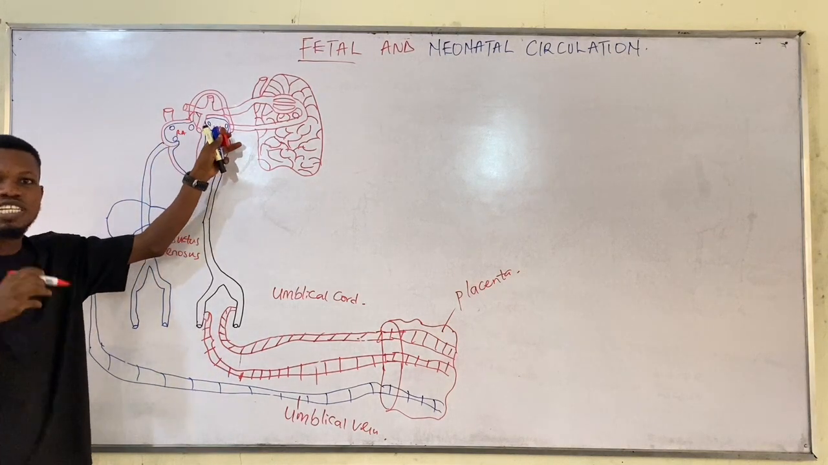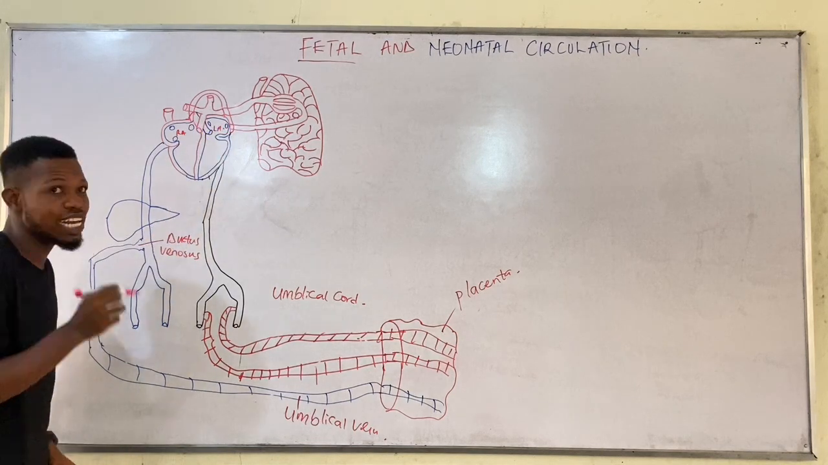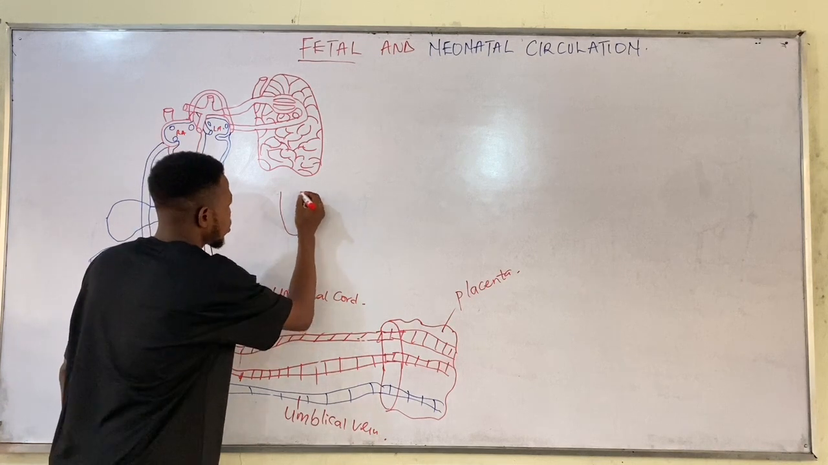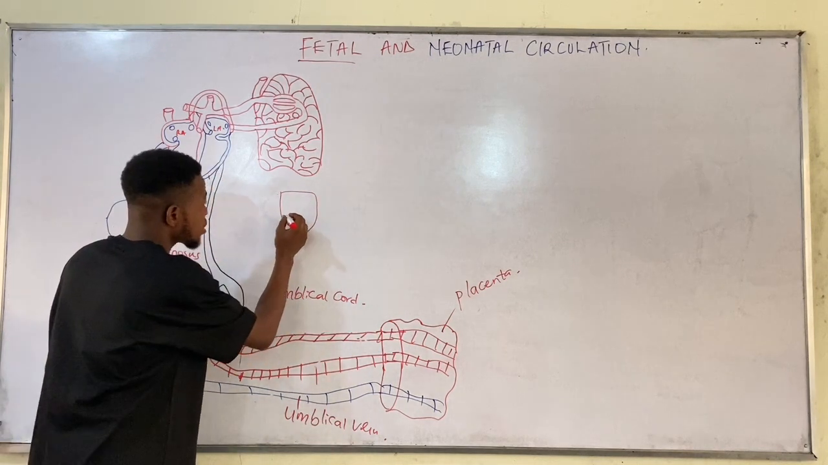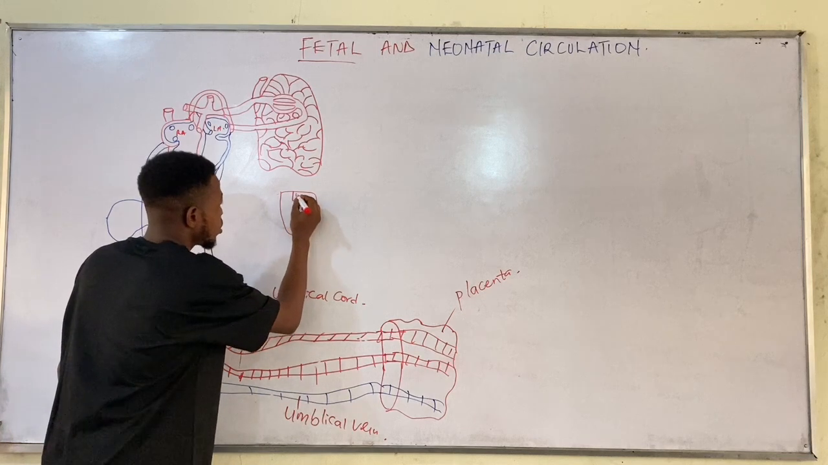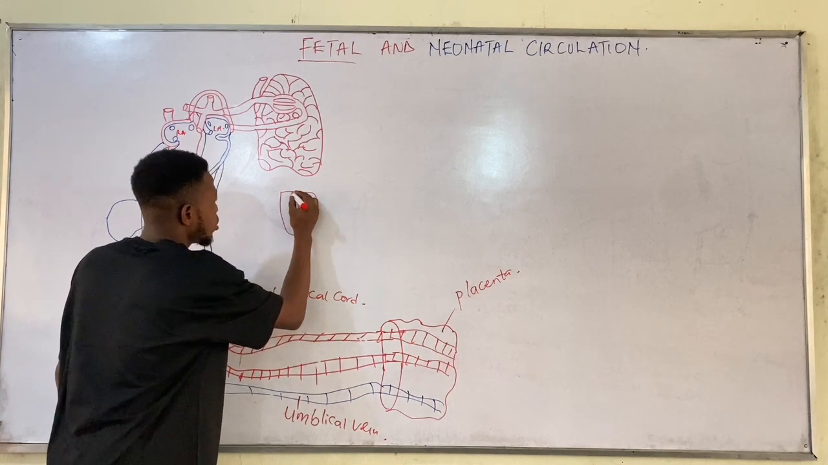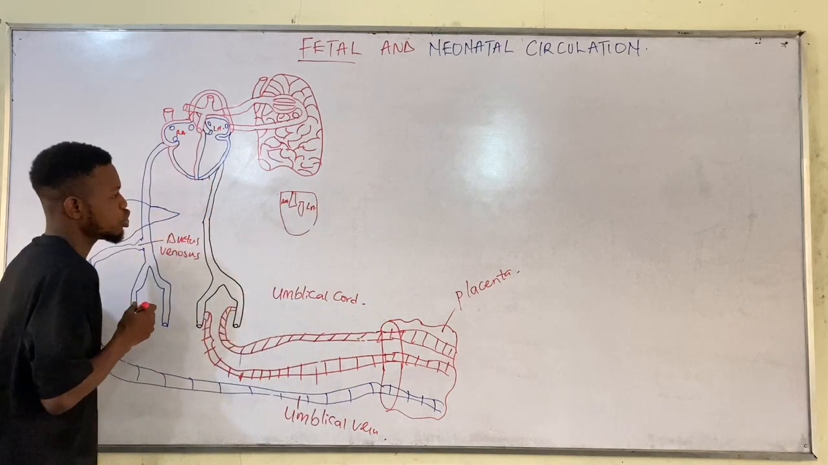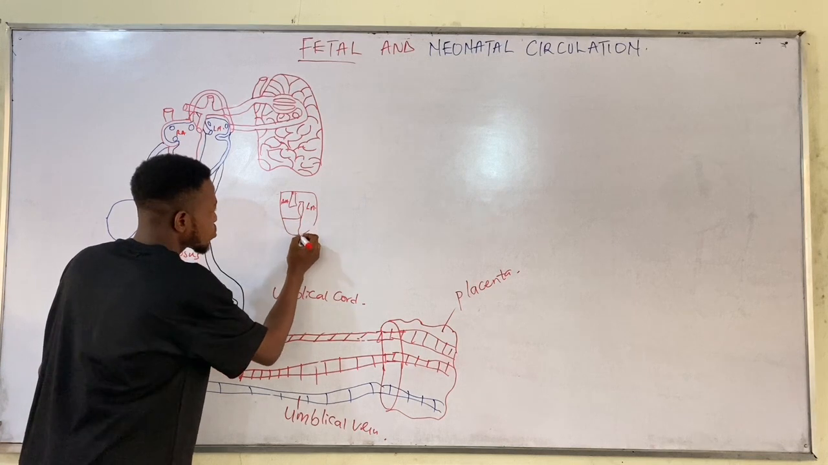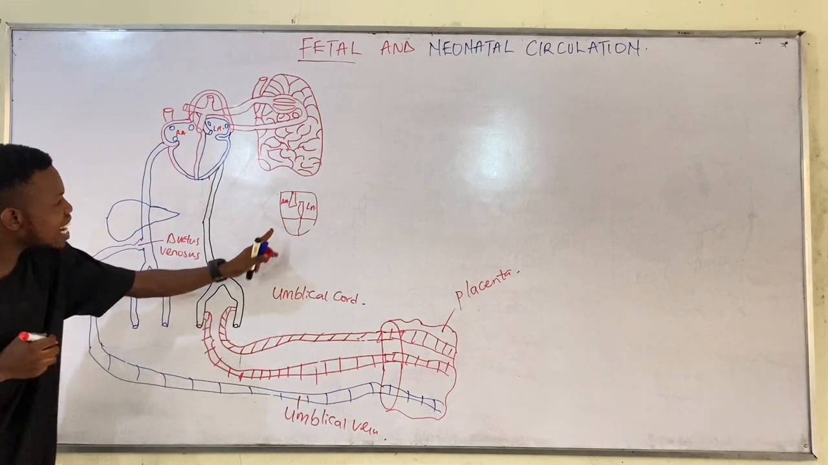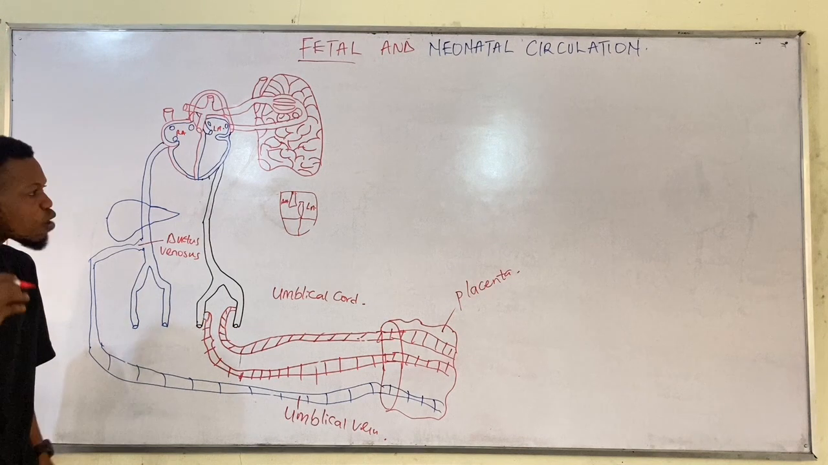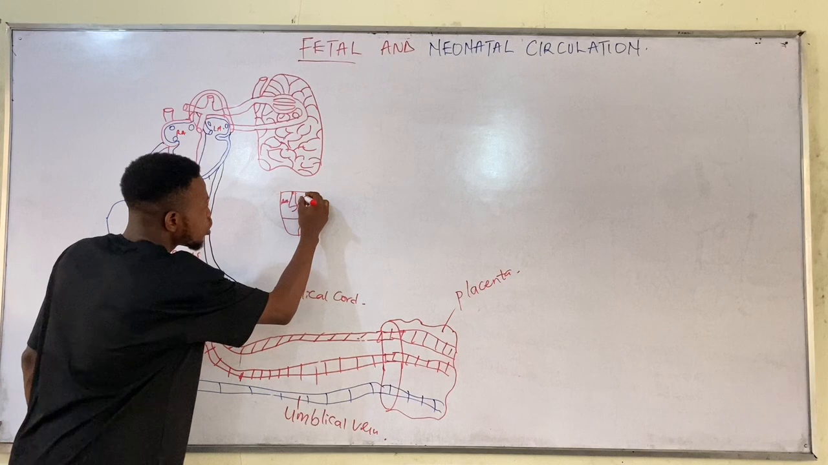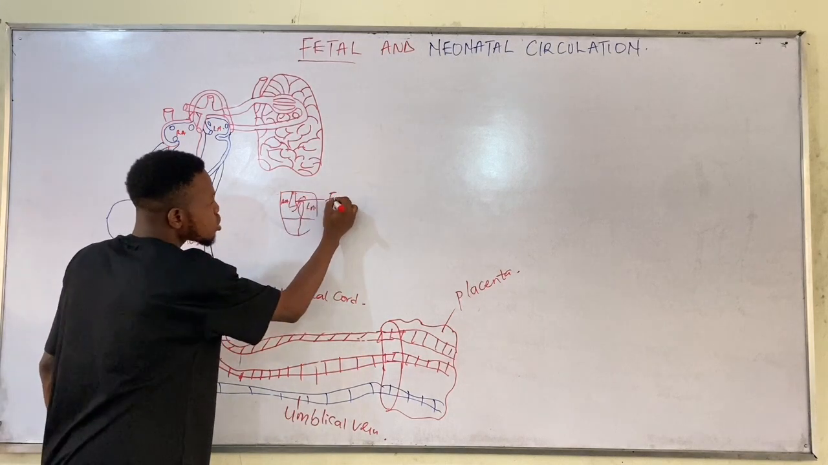Now when the blood enters the right atrium, the blood will move from the right atrium into the left atrium in the fetal circulation. If you remember, let's say this is the heart. So we have something like this. This is the right atrium, this is the left atrium. Now if you notice between the right atrium and the left atrium, there is a space here. This space is what we call the